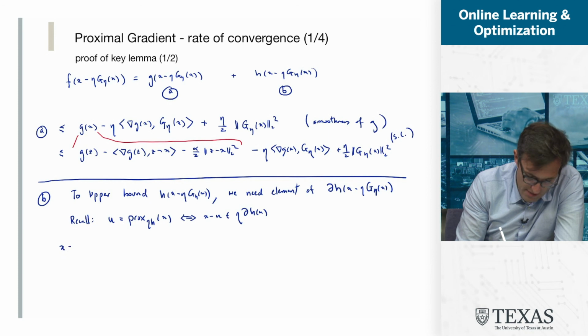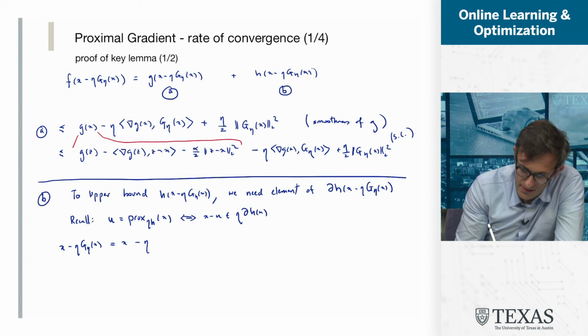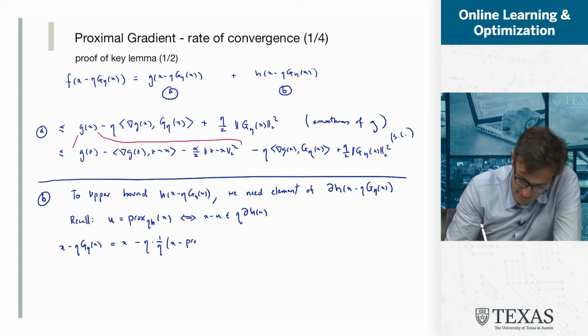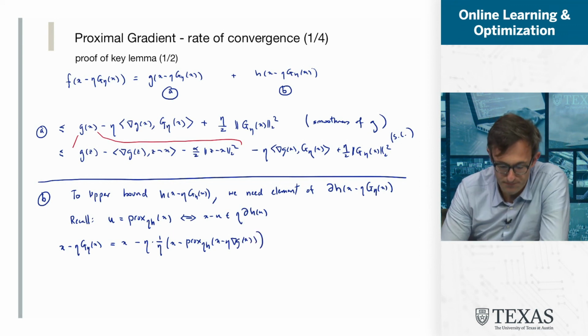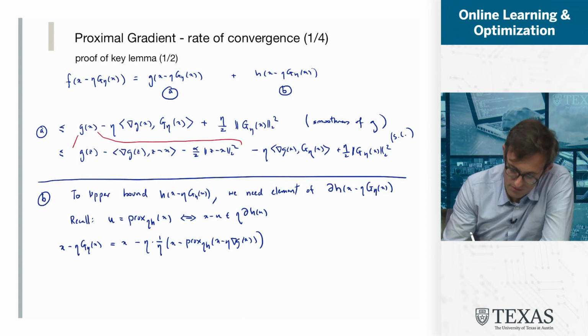So x minus eta g eta of x, I'm just going to plug in the definitions here. This is equal to x minus eta, and let's write out again what g eta is. It's on the previous page. It's equal to 1 over eta times x minus the Prox operator, eta h, of x minus eta gradient of g of x. Okay. The etas cancel, the x's cancel, and what we find is that this is equal to